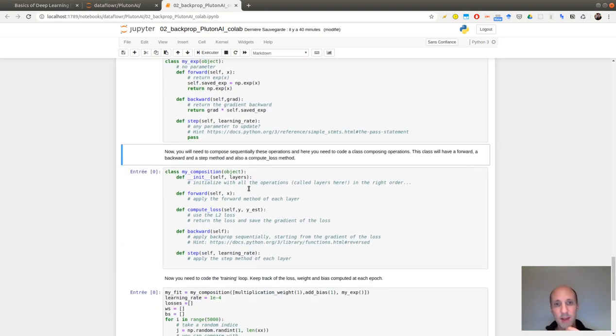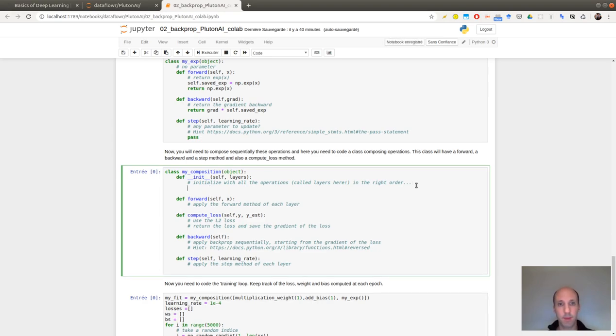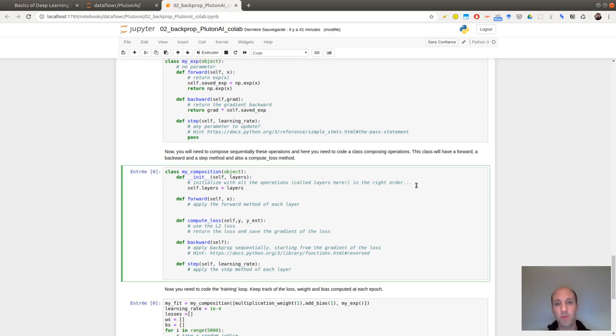So that's fine. So here I need to define self layers, my list of layers. For the forward, I'm just composing them forward in the forward pass, so in the right order.